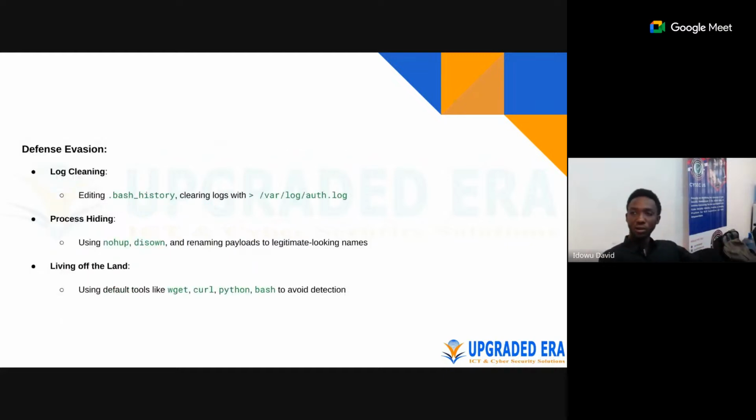Now, you want to find how to evade detection. You want to find how you can edit your history, edit the bash history, which is always there on any network or any system. You want to edit that file. You want to clear logs, like the var log authentication logs, that are used to monitor logs for possible connections and the likes. You also want to find how you can hide processes using nohup, disown, and renaming payloads